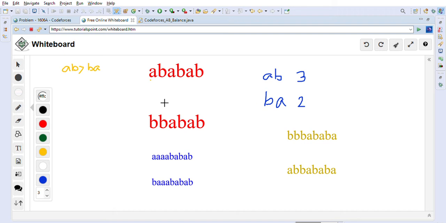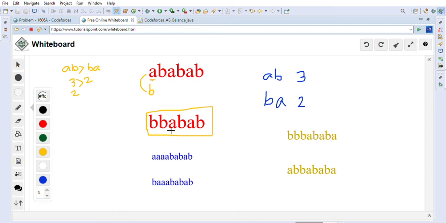In this case AB is greater than BA, because 3 is greater than 2, and we are on a character which is A. Then we will convert that A into B. For example, we will convert this A into a B character. After that the number of AB will reduce. In the beginning it was 3, so 3 is greater than 2, and we check if we are at the character A, we change it to B. Now we reduce AB to 2. After that BA and AB are already balanced, so we can take the remaining characters and just append them to this B. So the string will become this after appending. This is the resultant string that we can return.